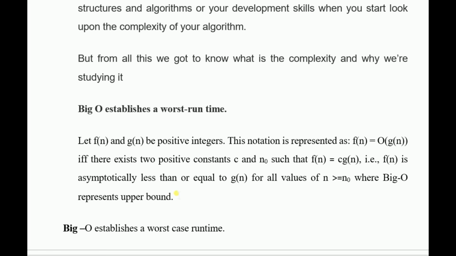Let f(n) and g(n) be positive integers. That means two values here, f(n) and g(n). This notation is represented as f(n) = O(g(n)), order of g(n). g(n) represents a set of functions. To say f(n) is O of g(n), that is, order of g(n),